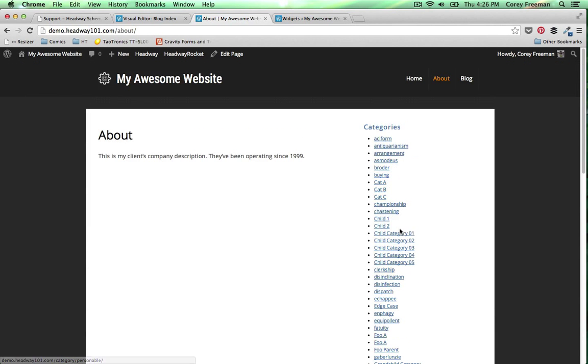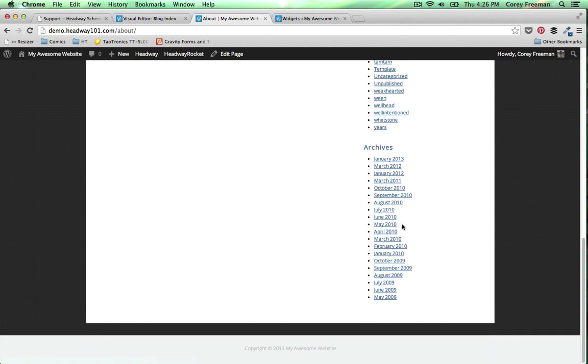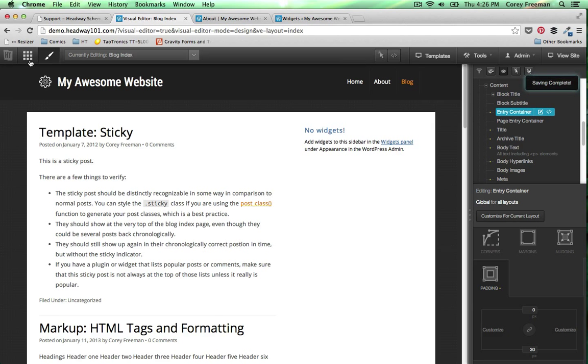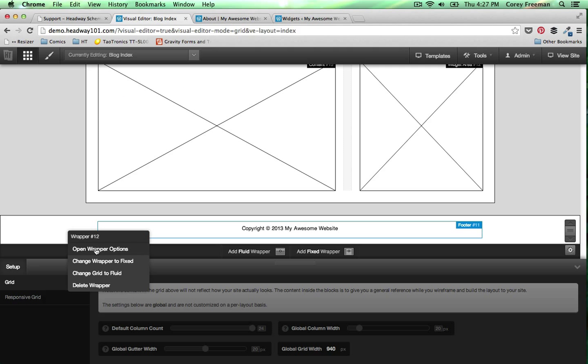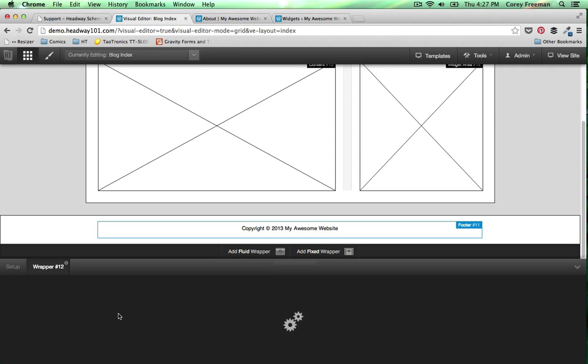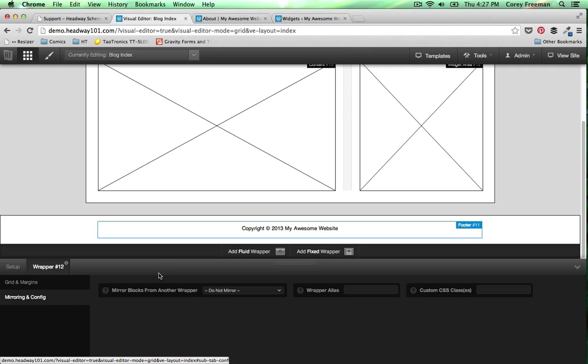All right, and I have test content, which is why it's a ridiculous amount of things. We're gonna go back to grid mode, one last time. And I'm gonna actually make sure that this one isn't mirroring, because if it is a mirror, I'm gonna unmirror it. And mirroring means